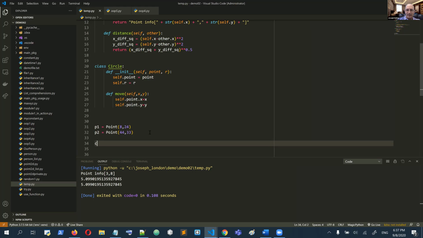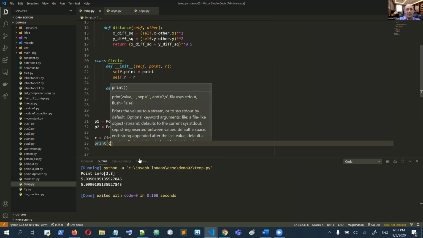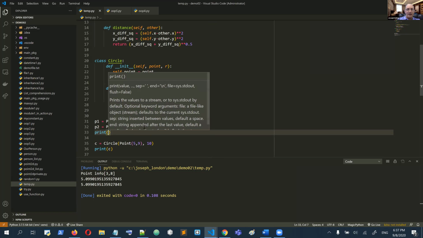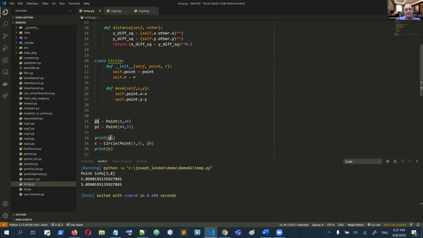So I type here C equal Circle, and I will pass a point and the radius. Let's say point 5, 9, and the radius is 10. Now, let's see the following things. If I print C, and let me here print the P1, and look for this technical issue. Because I defined it